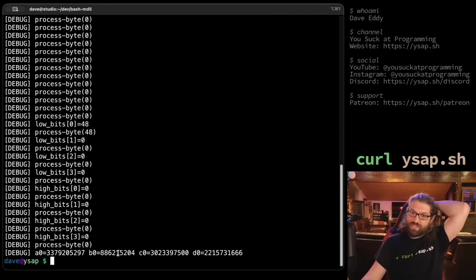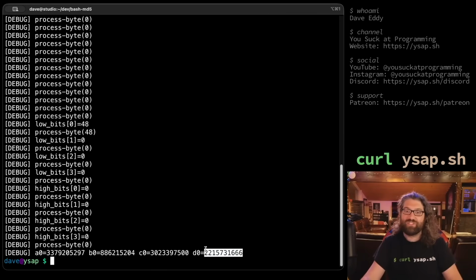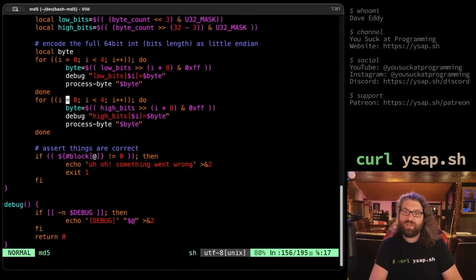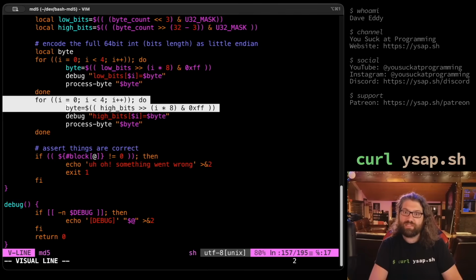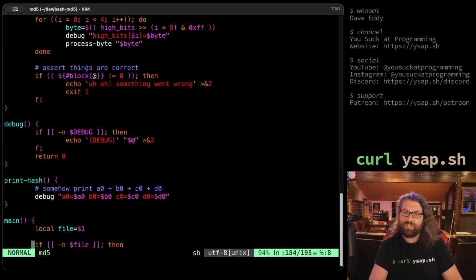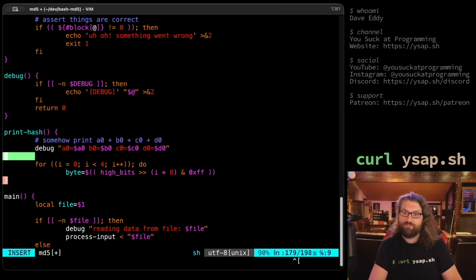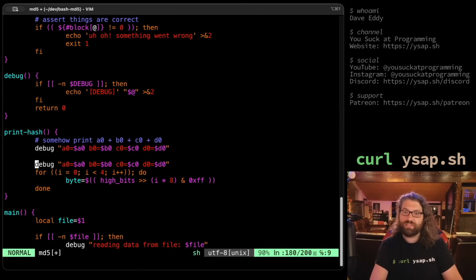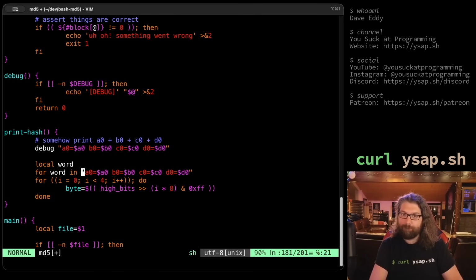Now, this doesn't look like an md5 checksum, obviously. We have to format it, but let's go ahead and do that. I don't think it's going to be that hard, because we've already taken a 32-bit word and formatted it as bytes. So let's just steal that logic and put it down here, and do that for each one of these. So we can do a for word in local word